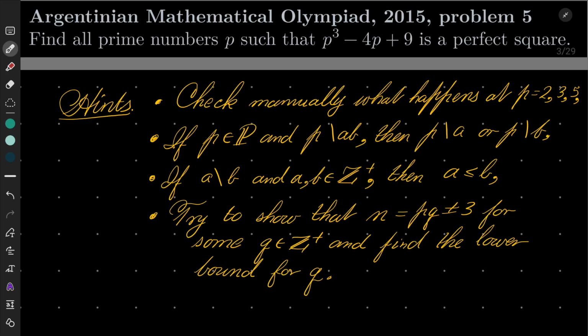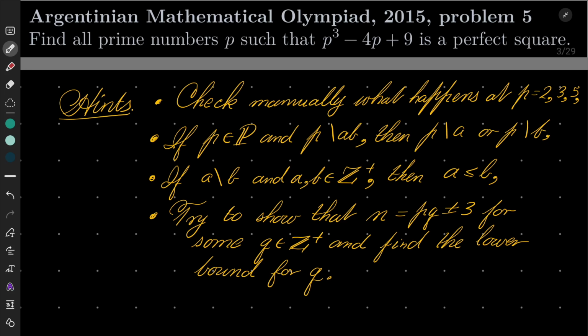Hello friends, in this video I'd like to solve the following problem from the Argentinian Mathematical Olympiad 2015, problem number 5. We wish to find all prime numbers p such that p cubed minus 4p plus 9 is a perfect square. This problem is, I would say, pretty classical, but it's somewhat hard for me to give you hints. But I suggest that you check manually what happens at p equals 2, 3 and 5, and then for p which are greater than 5,